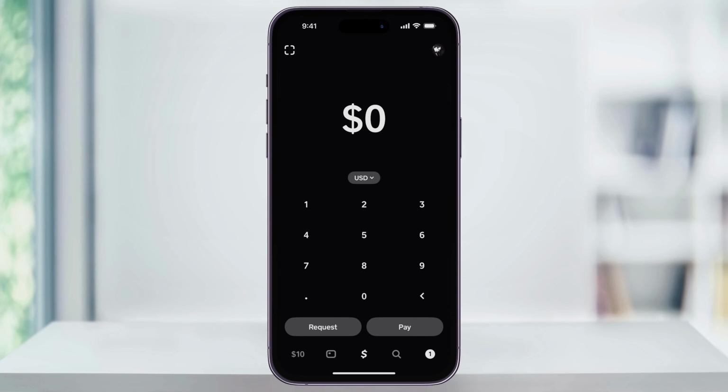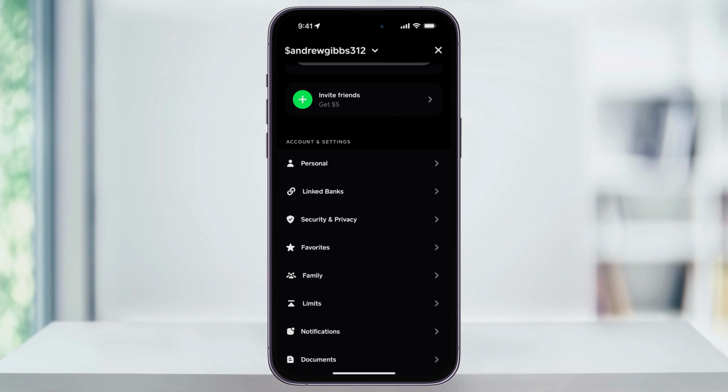But if you skip that step during setup, we can look at how to add a bank, a debit, or a credit card now. From the homepage here, tap your profile icon on the top right of the screen. Once you're inside of here, scroll down a little bit, and then here near the center, you're going to see